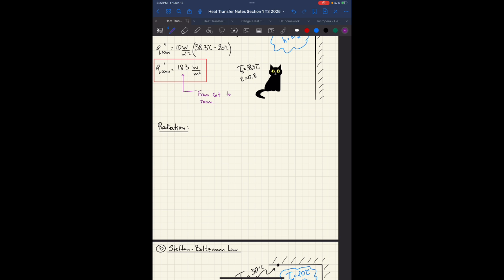Basically, the radiation equation is like this, and you have this already in your notes. The flux is epsilon, Stefan-Boltzmann constant, temperature of the surface to the fourth power minus temperature of the surrounding to the fourth power. Basically, you just use this formula. But what I want to do is go a little bit deeper and review where that comes from, because it's important to know. And by the way, this is the net